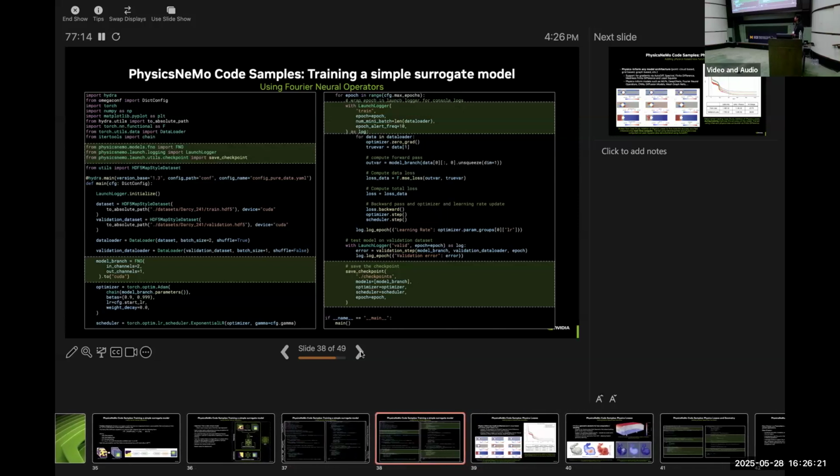In this particular example, we are importing a few different utilities from PhysicsNeMo to aid this process, right? So for this particular example, we are importing the FNOs from PhysicsNeMo. We are importing some of the logging utilities, and we are importing the checkpointing utilities from PhysicsNeMo, while the rest of the code is still very PyTorch specific. And so, this is one of the simplest examples of how you can import things from PhysicsNeMo into your workflows. Like, use the wide model zoo that we have available that we just showed before. And so you can see how it's really interoperable with your PyTorch code.